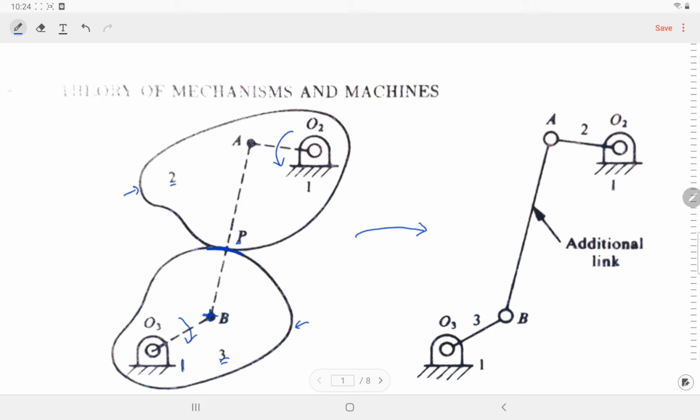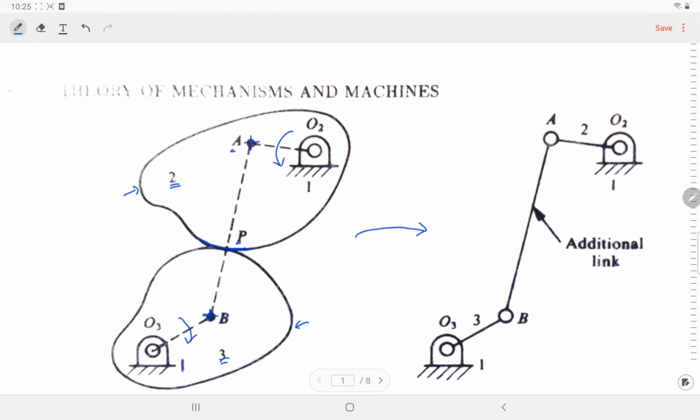And when I sit on link 2 and observe the contact point P, which is on this link 3, I will observe that that particular point is going in this curved path. And if we choose a very small path, then it looks like a circular curve, and I could define the center of curvature, and that center of curvature will be this point, point A.